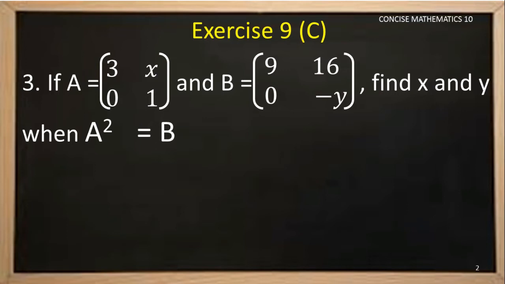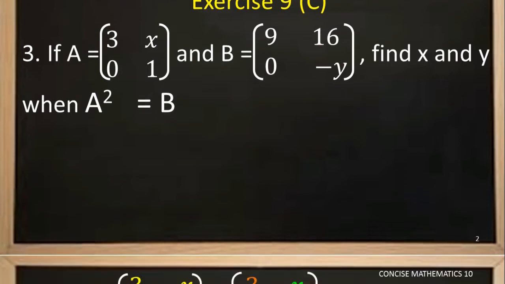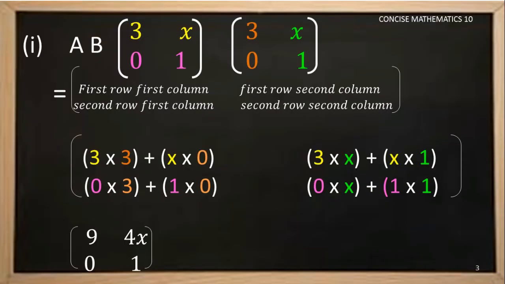Let us proceed with the first step to calculate A square. A square is A into A, and here it is the matrix A, again the matrix A. Here it is said as AB children, just correct it, it is A into A. So first row, first column, first row, second column, second row, first column, second row, second column. So the multiplication process is same.